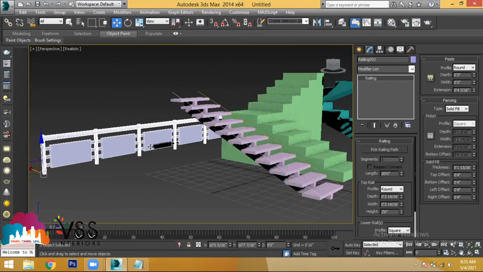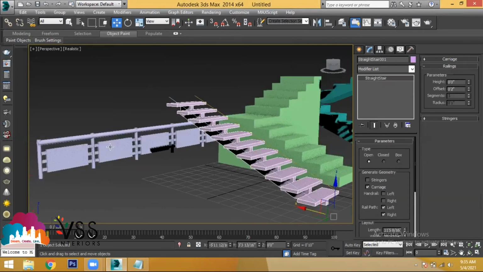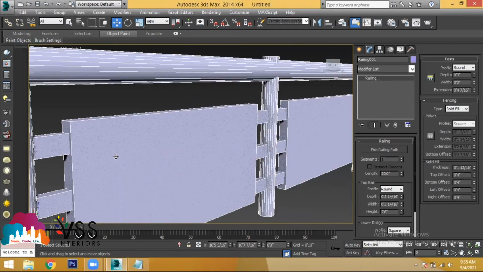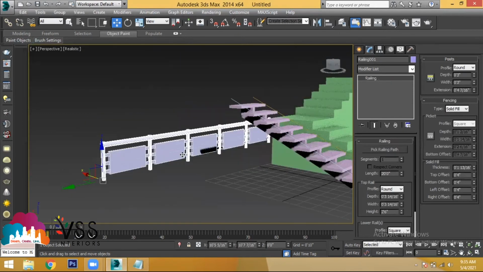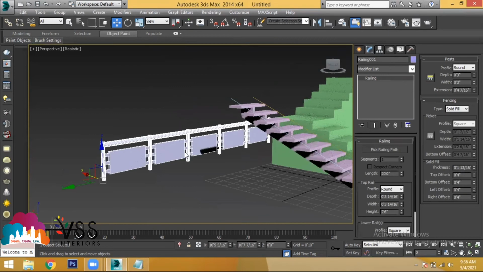And now if you want to add this type of style to this staircase, what to do is, select the railing which you have created. Either create the railing, then select it, and apply these 2 types of paths to the staircase. Apply this path and put it at the bottom. Select the railing.